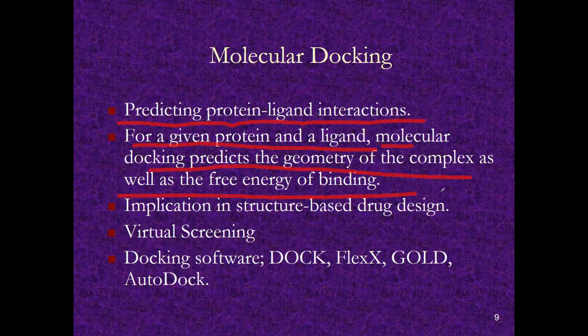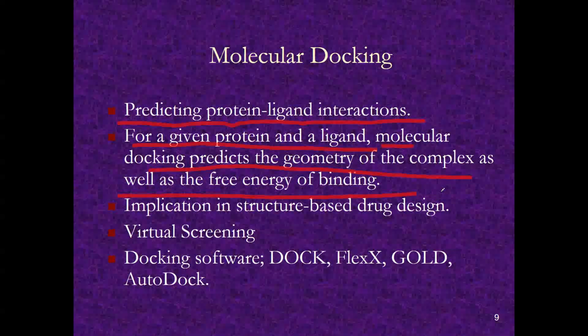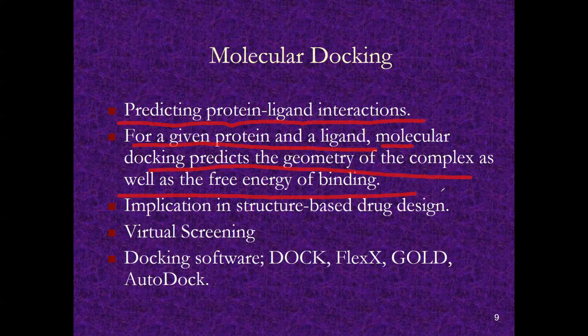In physical chemistry, when two compounds bind with each other, there is a change of energy. And this change of energy is called the free energy of binding. When two compounds bind with each other, there is a release, gain or loss of energy, you can say. This is basically the change of energy, delta G. This delta G can be called the free energy of binding.